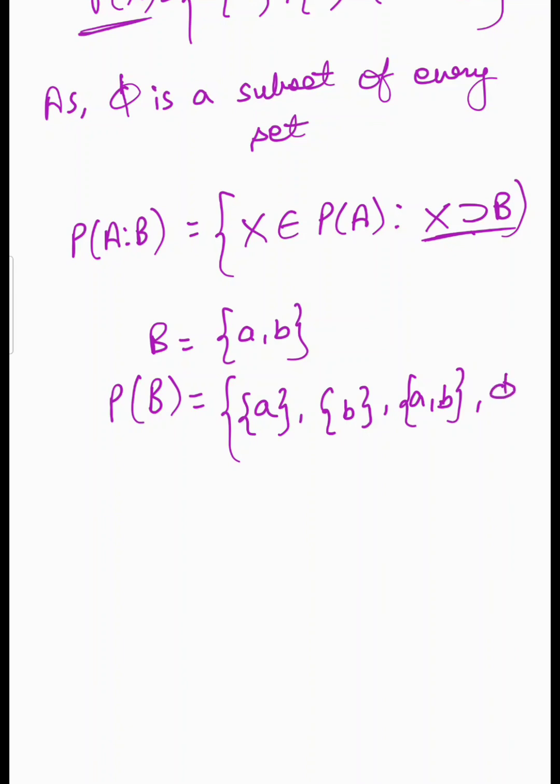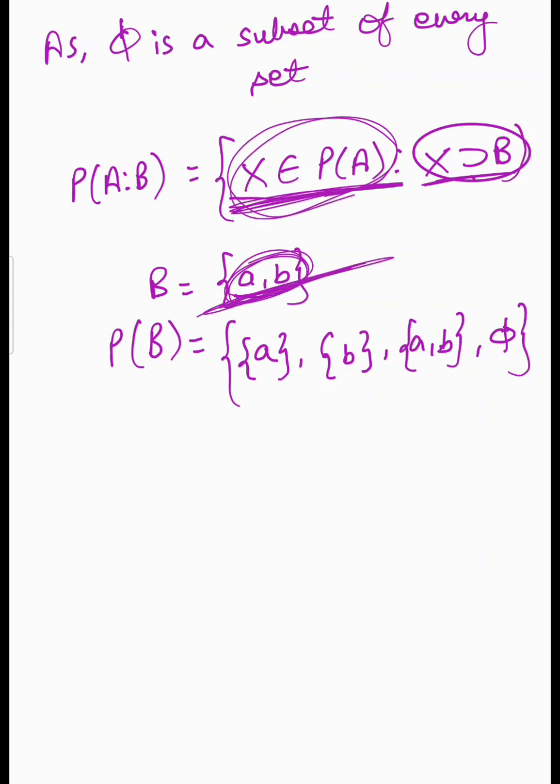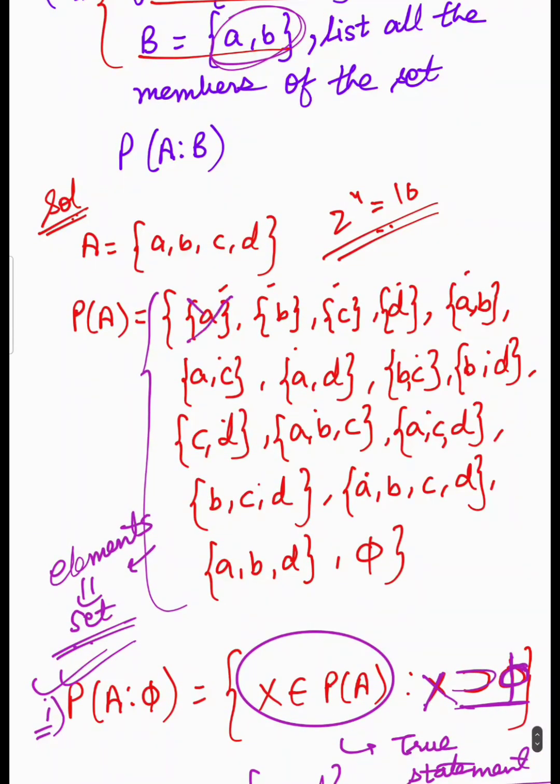और phi। हालांकि इसकी पावर सेट की जरूरत नहीं है, डायरेक्टली B का सुपरसेट होना चाहिए, मतलब जो भी सेट होगा X यहाँ पर, उसमें ये दोनों एलिमेंट तो होने ही चाहिए। X जो कि P of A से बिलोंग करता है, हम वो ही X लेंगे जिसमें ये दोनों बिलोंग करते ही हों। तो देखते हैं क्या क्या होता है।